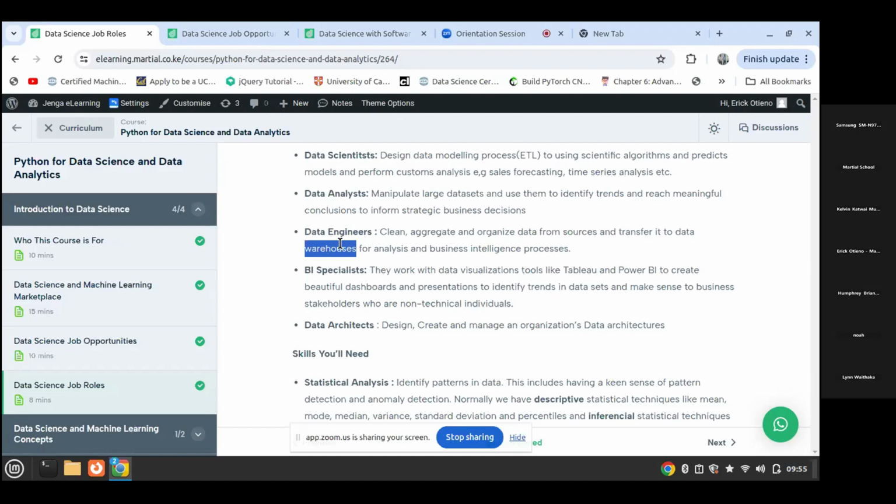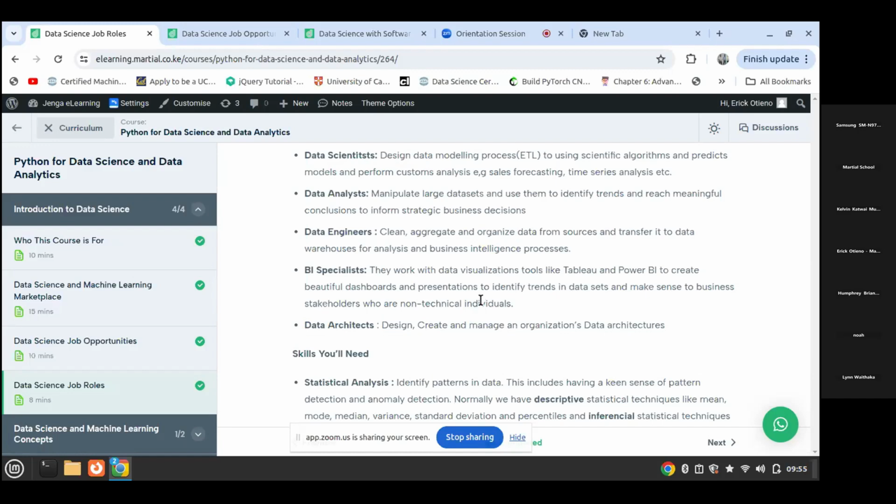Now from here, we need a data architect who can ensure that the data stored in a warehouse is designed properly and is also managed properly within the data warehouse using the organization data architecture, so that those people who are doing analysis can fetch it more easily and effectively.